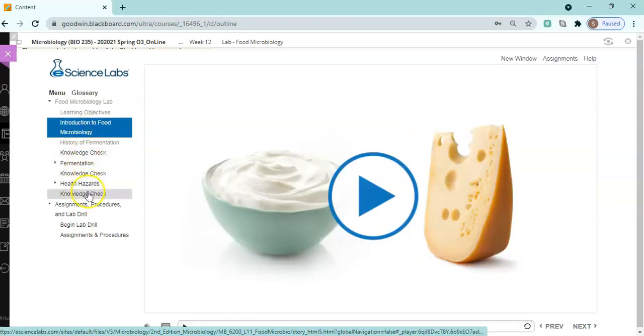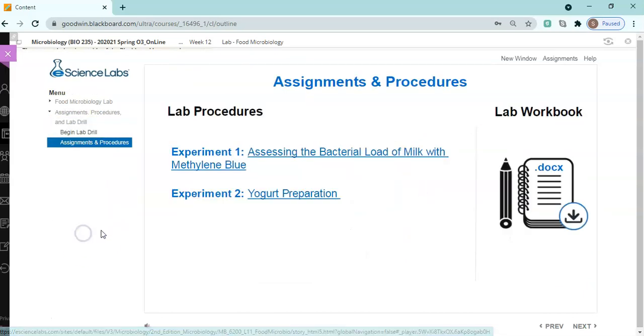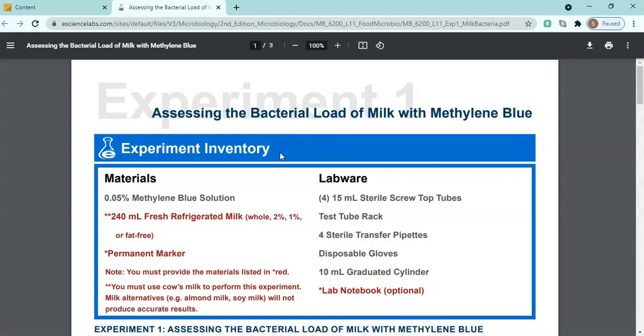And make sure that you're familiar again with the background information, but specifically the assessment of the bacterial load of milk with methylene blue. Remember that methylene blue was used as an indicator of the oxygen content, so it told us how much oxygen is used up. And we also